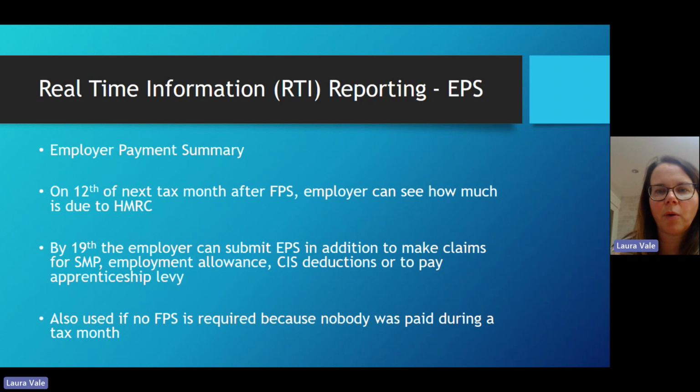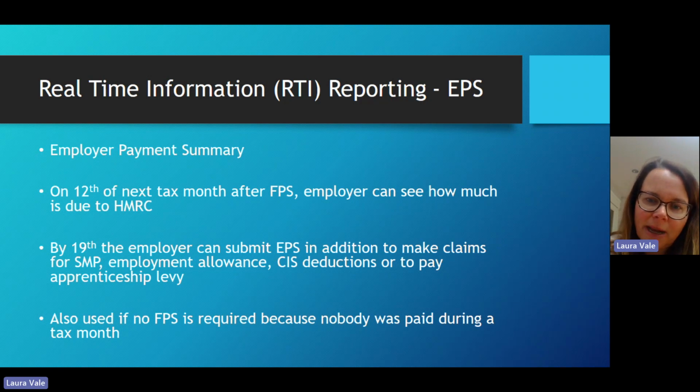We then have what's called an EPS, the Employer Payment Summary. So basically, you would have submitted your FPS at the time of payment. And then on the 12th of the following tax month, so remember each tax month starts on the 6th of the month, the employer can see how much they have to pay over to HMRC. By the 19th of that same month, the employer can submit an EPS,